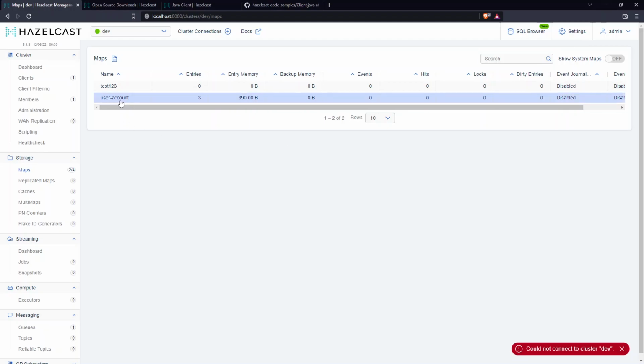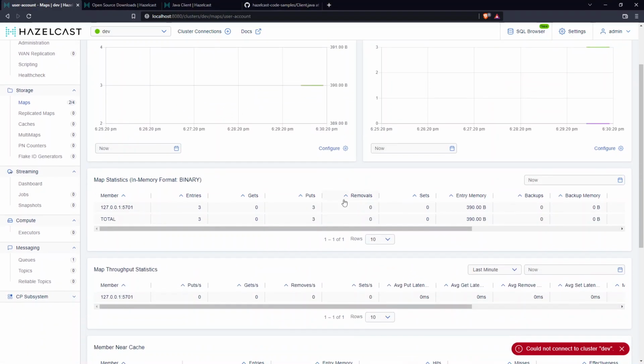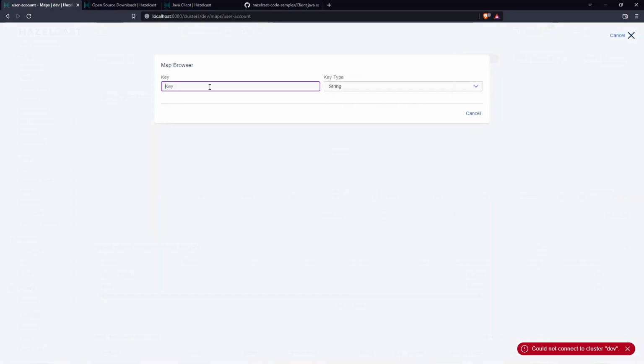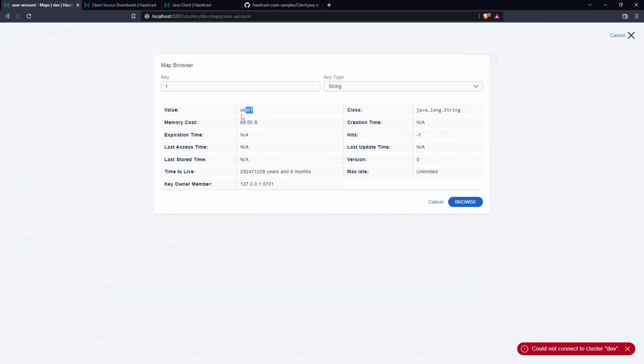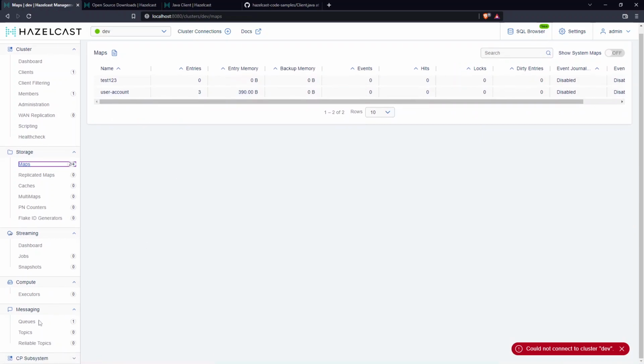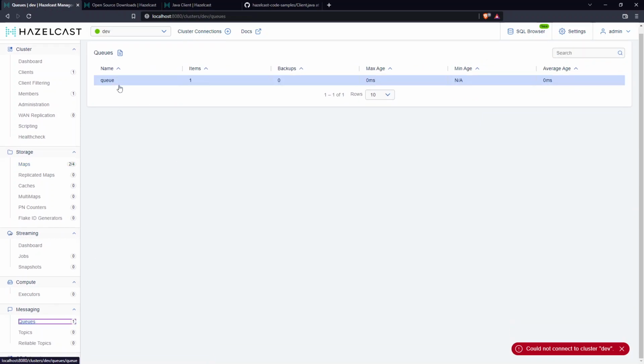Okay, let's see if we can view the data. Browse, and then the key is 1. User 1. Okay, let's see 2. So basically that means our map has been created successfully, and let's see the queue. Okay, there is one queue. All right,